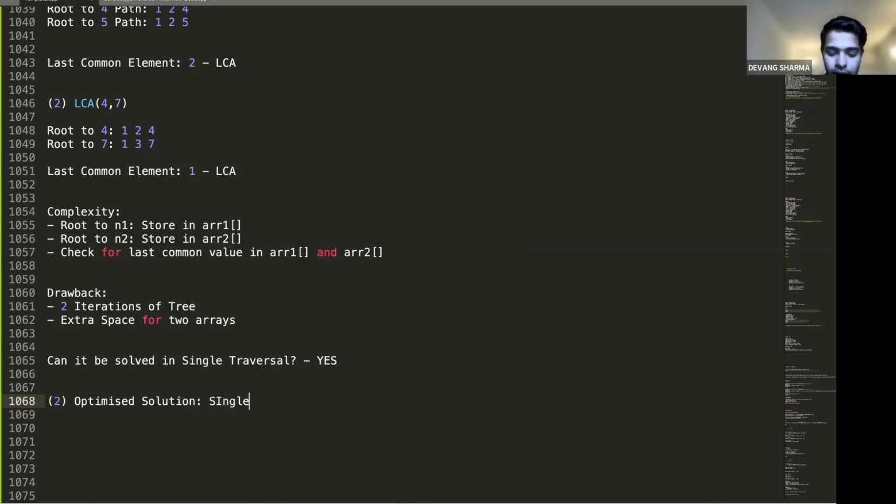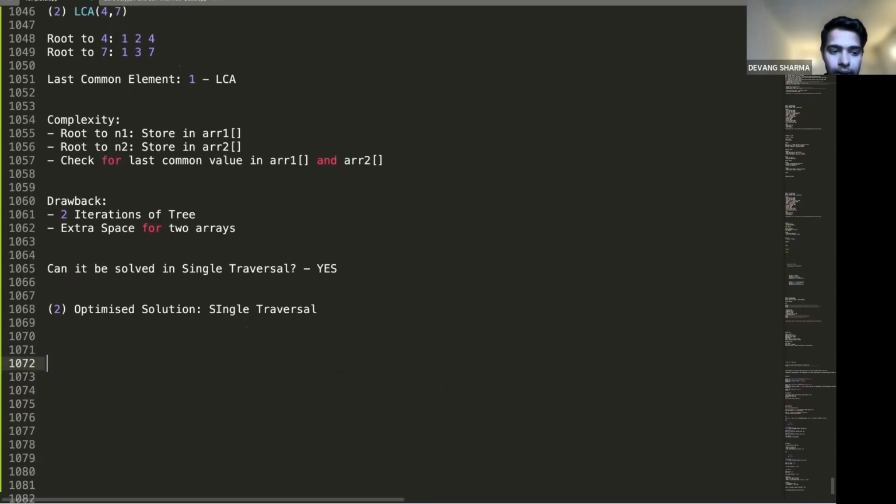Optimized solution is using single traversal. How do I know the logic for single traversal? There would be cases around it. Okay, there would be cases around it. Case number one